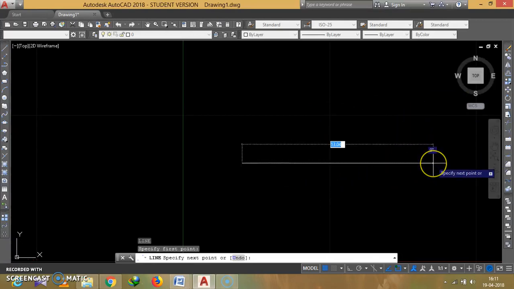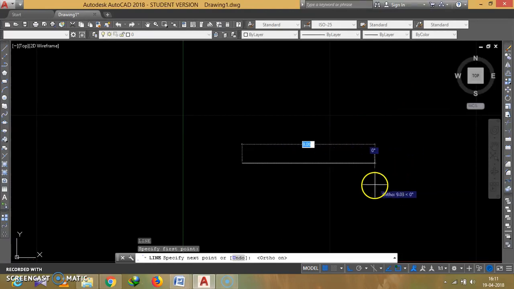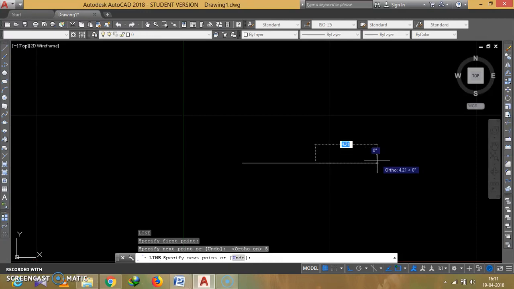For that I have to use ortho. The shortcut command is F8. Now if you see, it won't move in inclined lines. It will be straight either in X or in Y. If I want to give the distance as 5 meters, 5 enter.